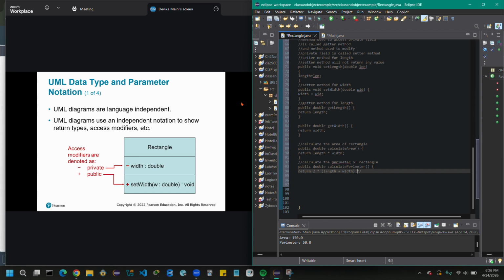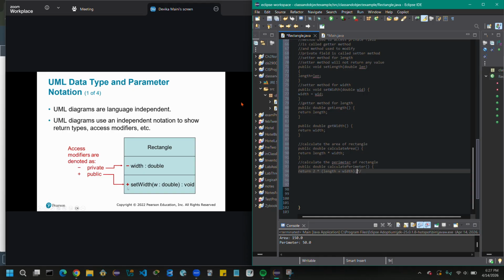UML diagrams are language independent. A UML diagram uses an independent notation to show the return type, access modifiers, and all that. Access modifiers are denoted by negative and positive signs. Negative means private: width, colon, double is the data type.